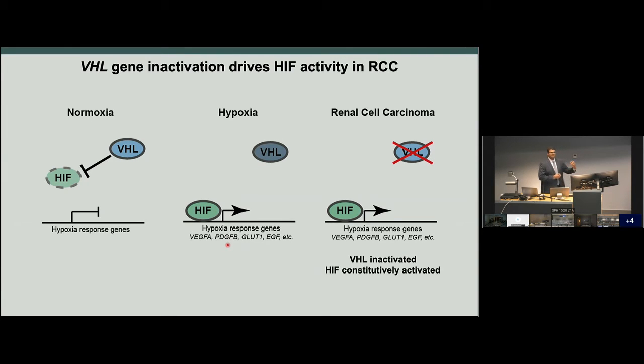So they'll turn on VEGF, promoting angiogenesis. They'll turn on EPO, promoting increase in red blood cell mass. They'll change expression of glucose transporters to allow cells to actually survive under glycolytic conditions. Now, what happens in renal cell carcinoma, by a variety of methods, is that VHL is genetically inactivated. So these tumor cells behave as if they're constitutively in a hypoxic state. HIF is constitutively activated, and this gene transcription program is jammed on. This is what was known at the time that we started this study.